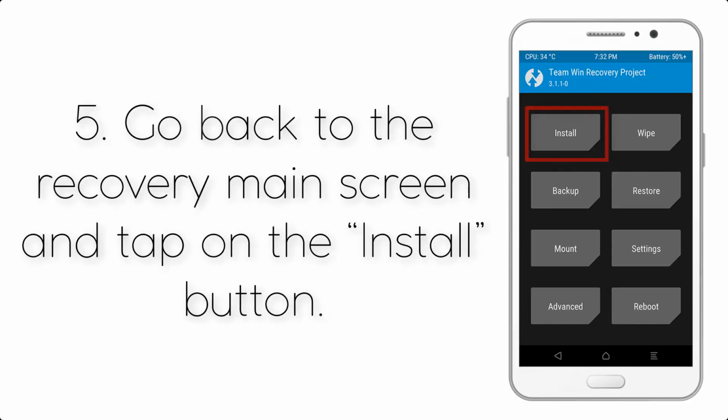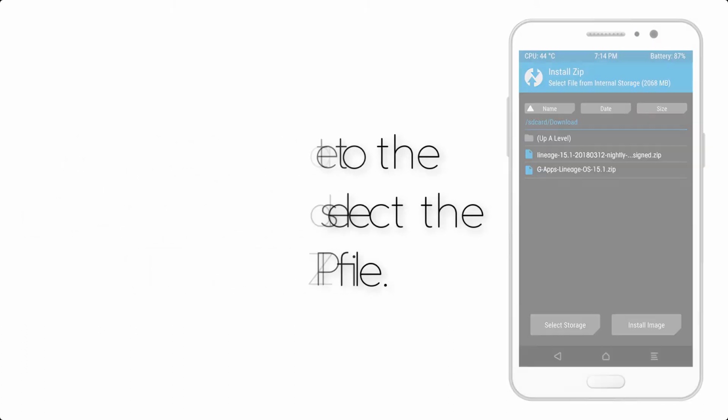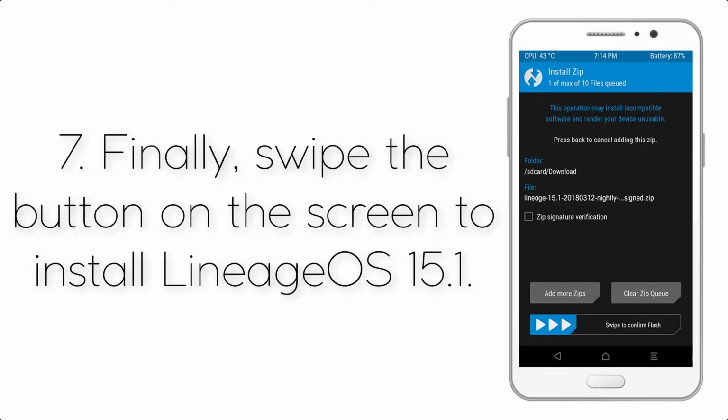Step 5. Go back to the recovery main screen, and tap on the Install button. Step 6. Navigate to the storage, and select the ROM zip file. Step 7. Finally swipe the button on the screen, to install LineageOS